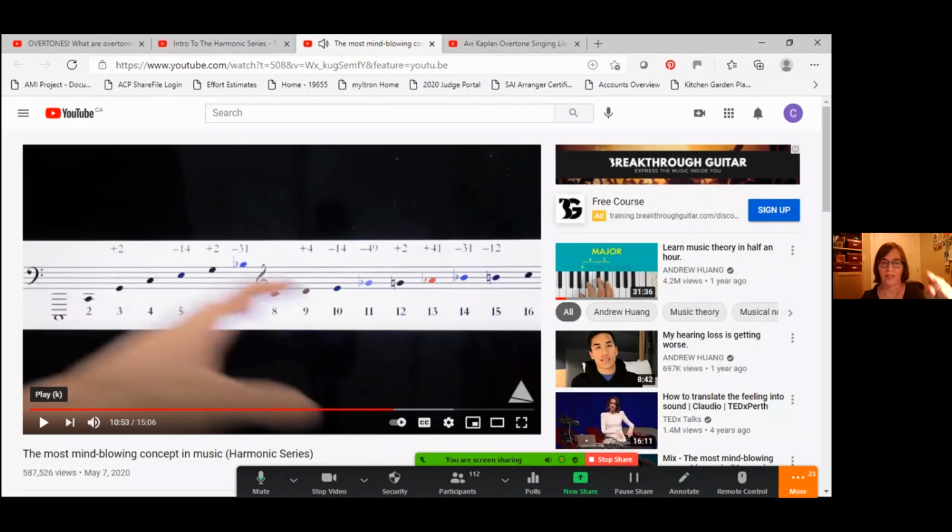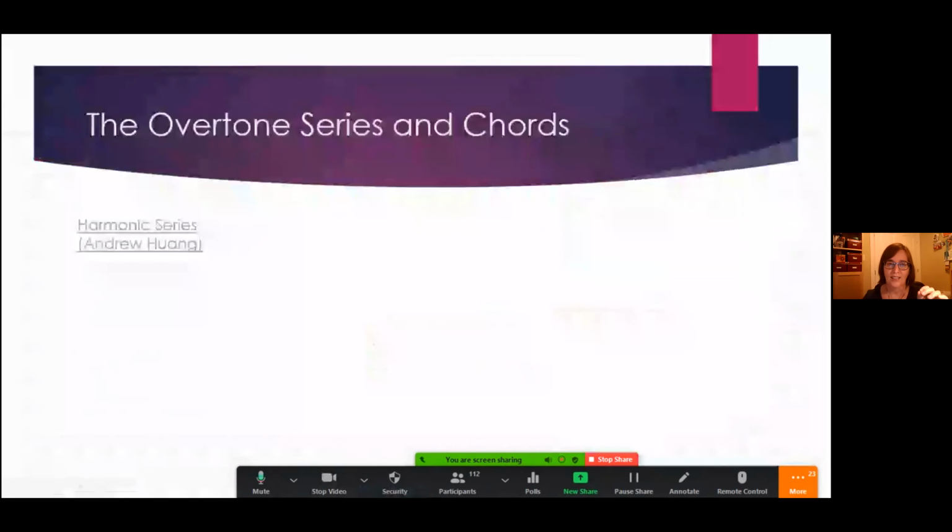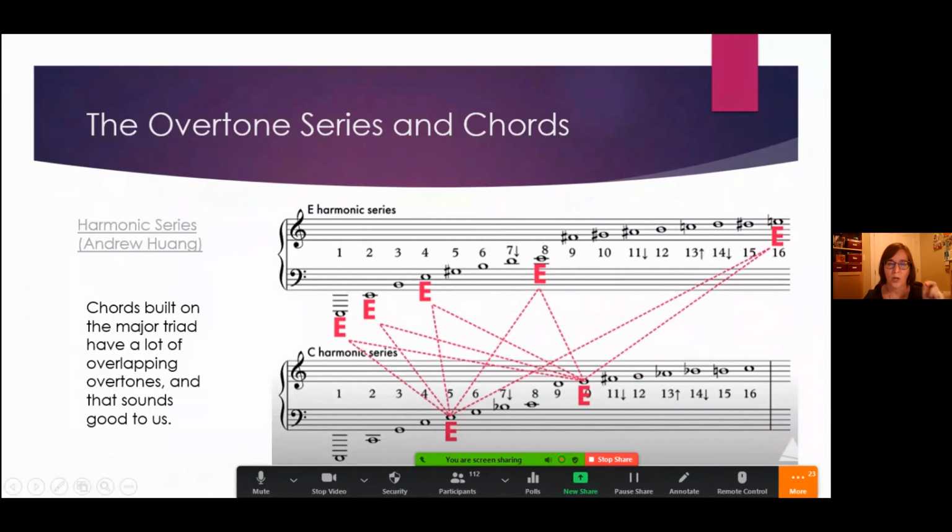I couldn't remember where I should stop them, but that's where I stop them because I'm not teaching a theory class, but that's in here too. Wow. Okay. Yeah, I know. Isn't it awesome? Okay, so that's the thing that Andrew says that's so important to us in barbershop is these